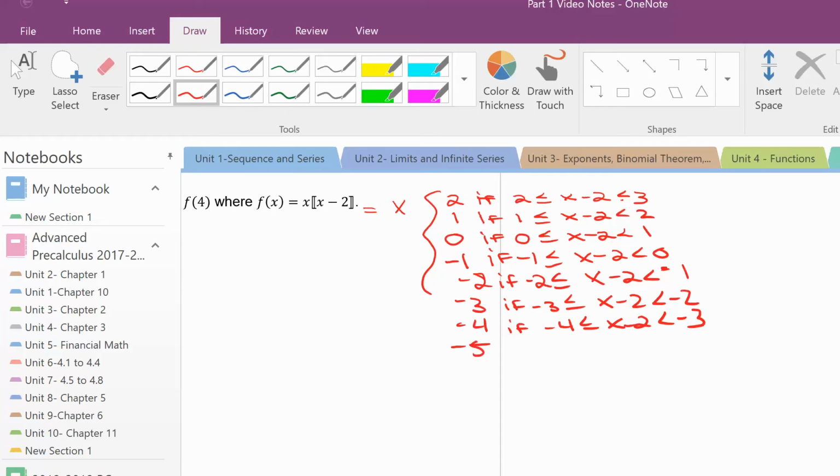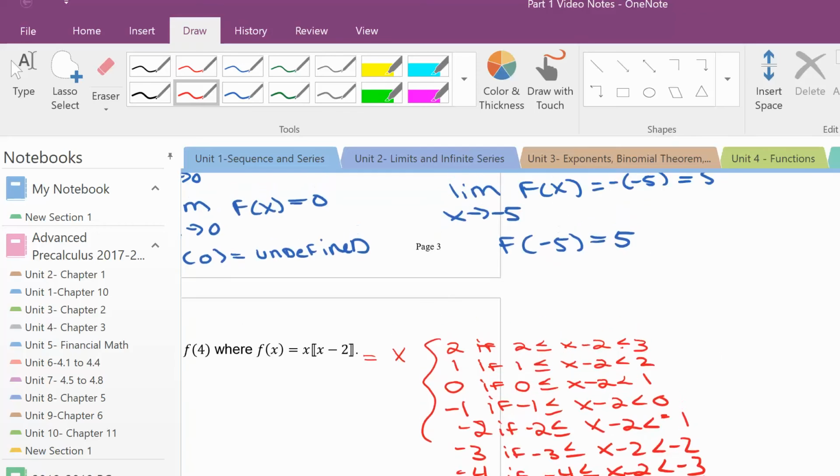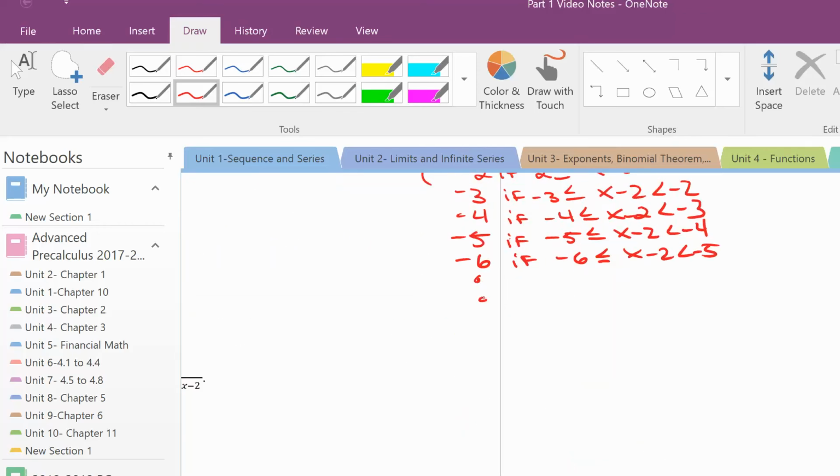Negative 5 if x minus 2 is between negative 5 and negative 4. And last but not least, negative 6 if x minus 2 is between negative 6 and negative 5. And remember, at the top and the bottom, you need the two dots to show that this would go on